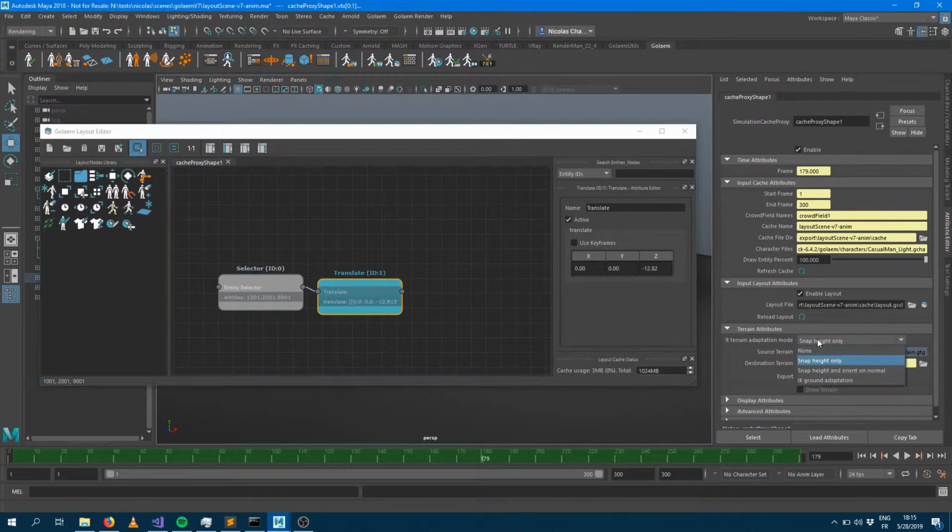So obviously you can change the option here. You can specify that you want no ground adaptation, so that's going to apply to all the entities of your cache proxy. Snap Y only, which is the default mode. Snap Y and orient, so this is, let's say if you do cars, for example, you want them to follow the normal of your ground because they are rigid objects, or you want to perform an IK ground adaptation. Those four options are exactly the same as the ones we'll be able to see within the ground adaptation layer. So I'm going to stay with snap Y only here,